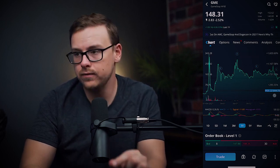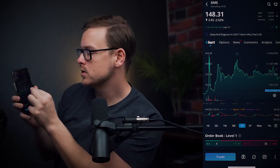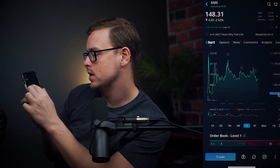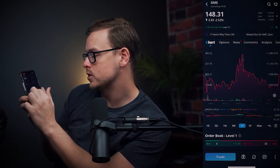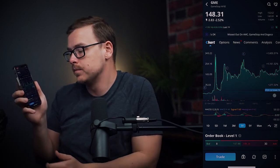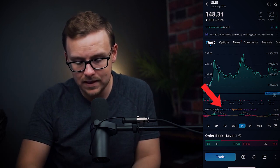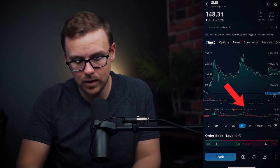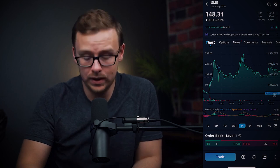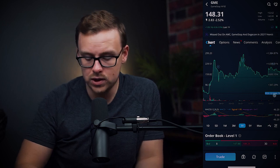The chart itself, I'm just going to use my fingers here and kind of show you what I'm doing. So the chart itself, you can mess with kind of like this, right? So you can expand the chart, you can move the chart over. There's a lot of things you can do just by doing that alone. But if you look at the very bottom, you'll notice it says MACD and histogram down there. So that is, of course, a technical indicator. And we talked about technical indicators earlier on in the video, but the way you can change those is you